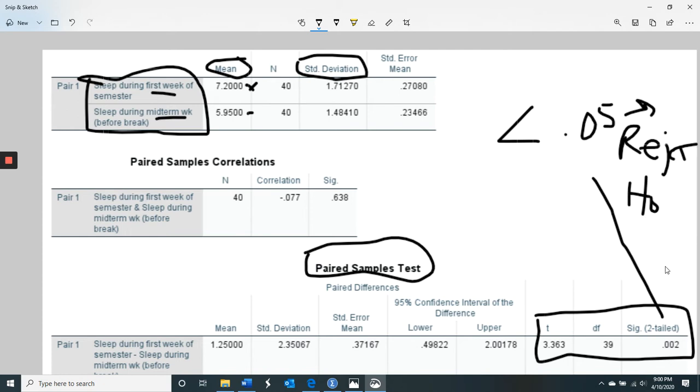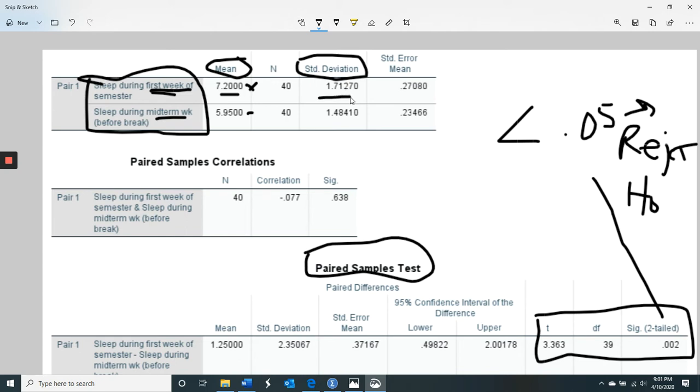That sig is less than 0.05. We reject the H0, which means there's a difference. There's an effect here. And so we can write our first sentence. So, people slept more during the first week of the semester, parentheses, mean, standard deviation,